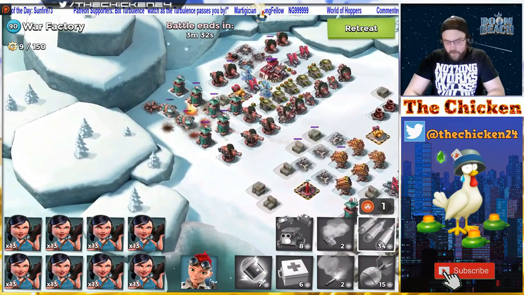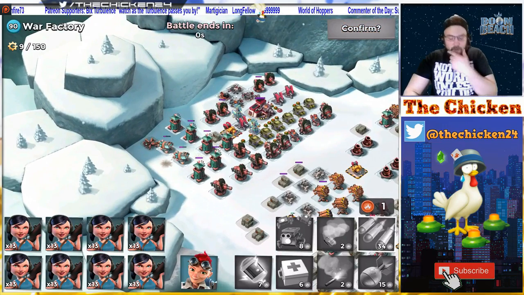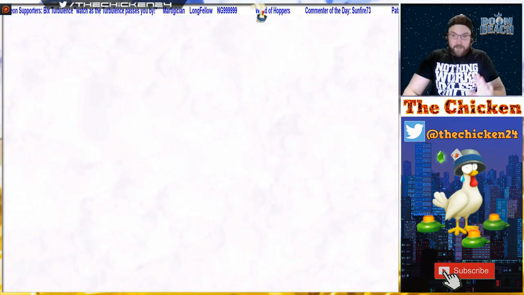Probably would have been a better idea to use the GB on the top there and then send Everspark in for the shock launchers. Didn't think of that till just now, but that's okay, guys. That's okay. So we got 3 attacks left, and I want to save at least 2 for trying the landing